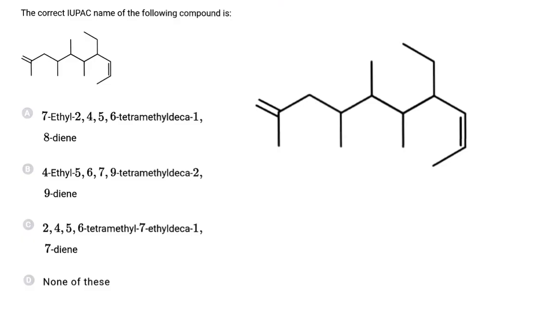In this question, we have to find the correct IUPAC name of the compound. Now, the molecule has two double bonds, and according to the IUPAC rule, the maximum number of multiple bonds must be present in the main chain. So, the main chain of the compound is this. Now, numbering should start from that end which follows the lowest set of locants. So, from the left side, a multiple bond is present at the first carbon. So 1, 2, 3, 4, 5, 6, 7, 8, 9, and a total of 10 carbon atoms are present.